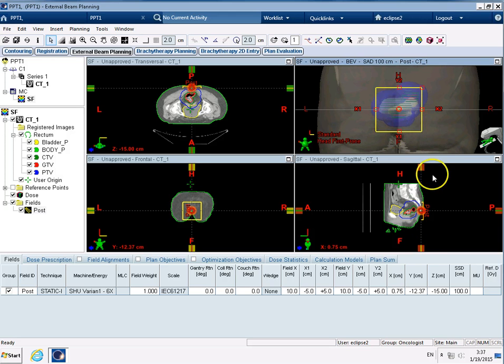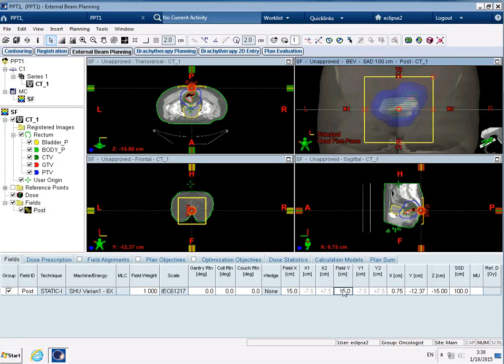So we've got a few ways we can do this. So we can look down here and we can change the field size. So I can maybe make that 15 by 15, or I can pick these tabs up here and I can move them like this, and I can move them like that. And you can see at the moment the planning system's moving the jaws symmetrically,